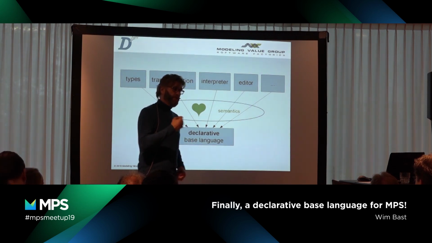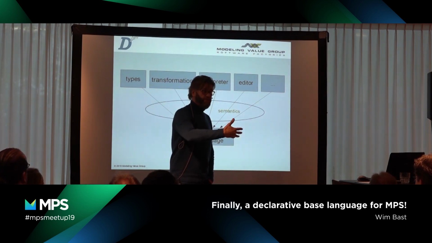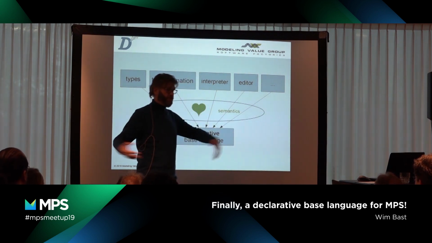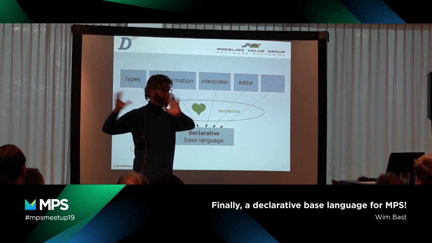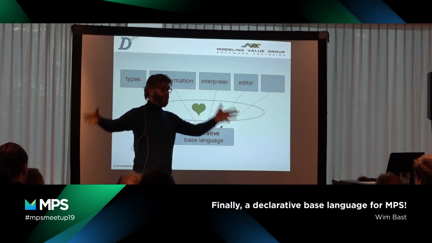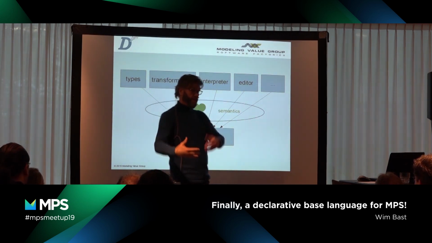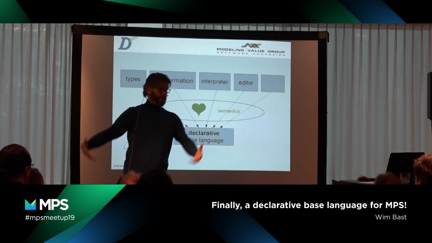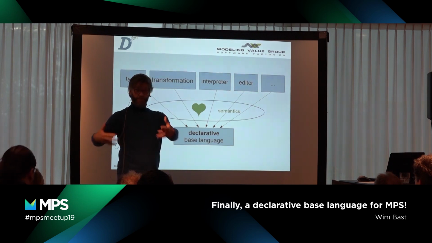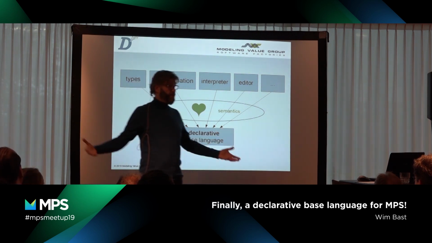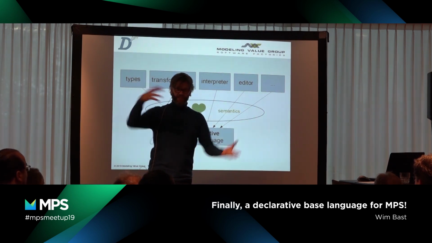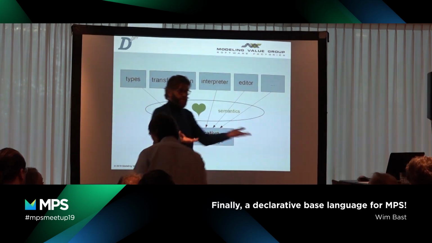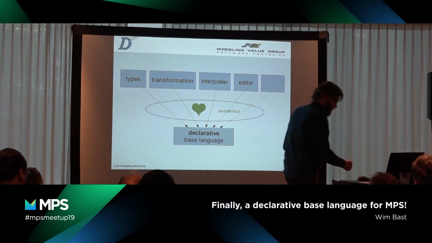Not only nodes, but models and repositories and projects and all these things are first class citizens, and you also have things like structs, which are part of the tree at your instance level. But you can also make temporal nodes, if you want to display your interpreter state in a projectional editor, for example. So you can mix persistent and non-persistent models in any way you like. And this is the solution to that problem.